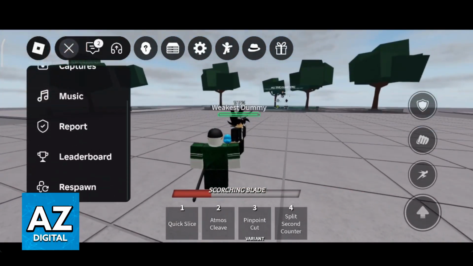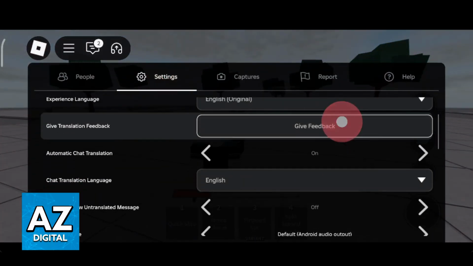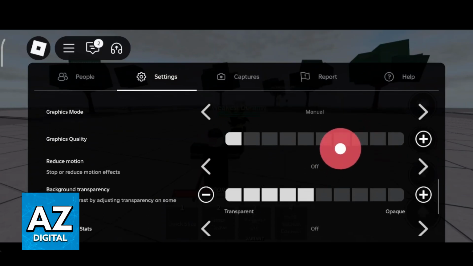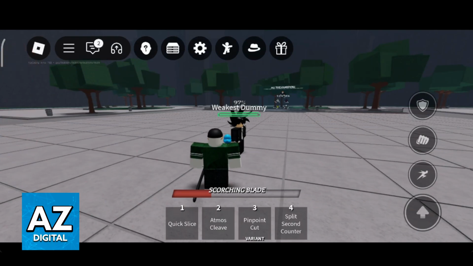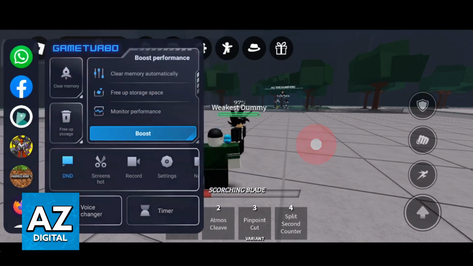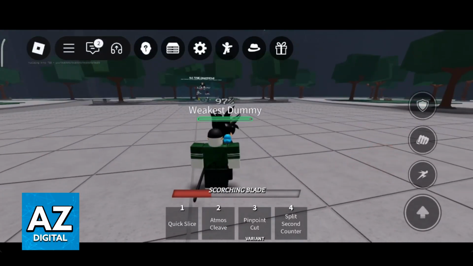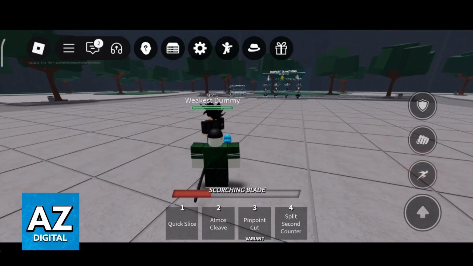You can try to find a common ground, so when you head over into these settings, try to find a graphical quality that doesn't impact performance too much while still giving you nice performance. And if you have some form of turbo mode on your mobile device, you can also use it as well. So for example, I have this game turbo, I recommend using it. I'm not going to do it for this video, but you can use some form of performance boost to improve the experience as well.